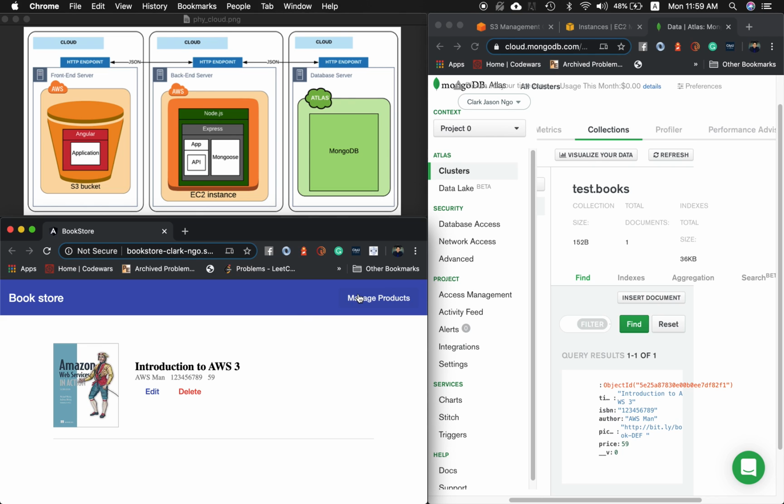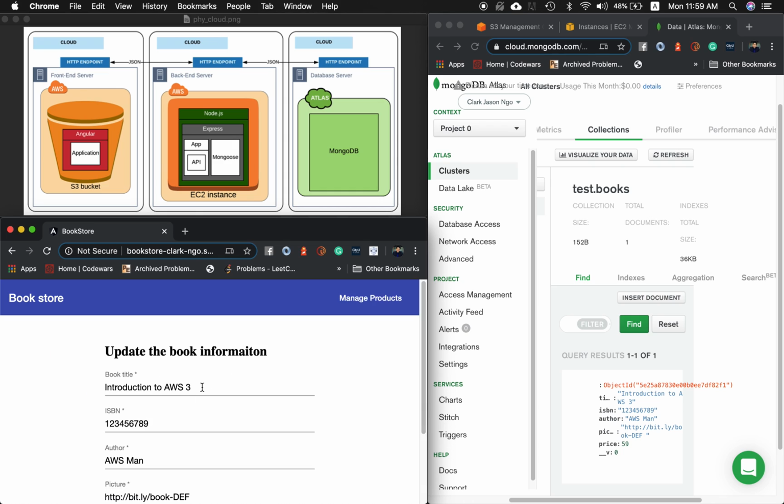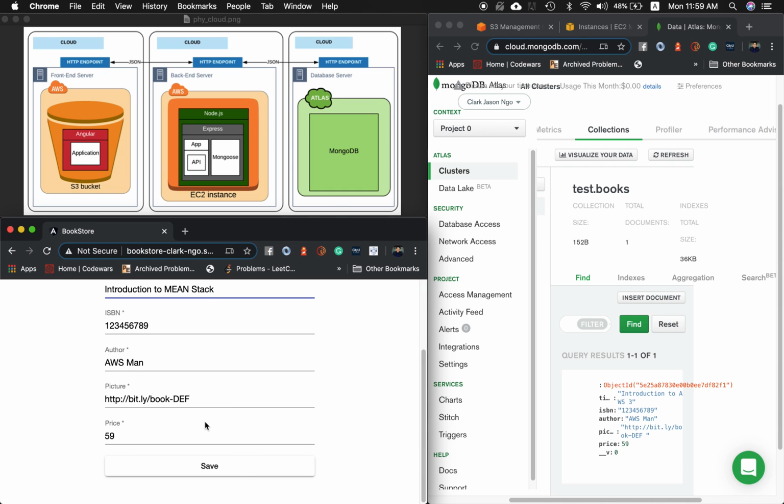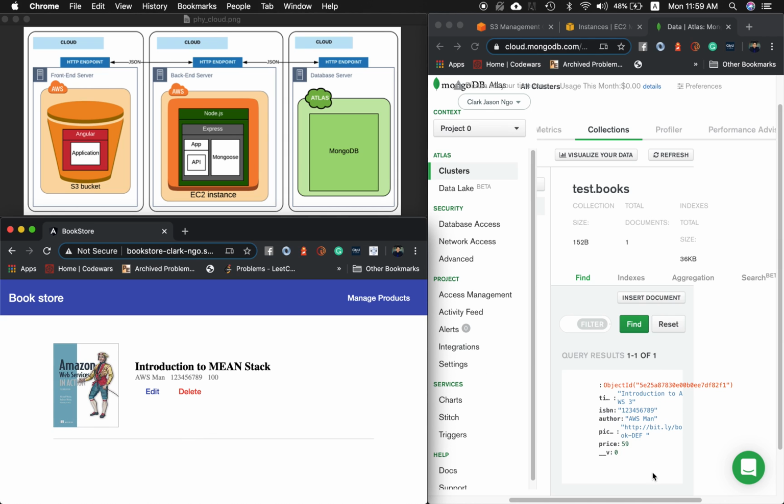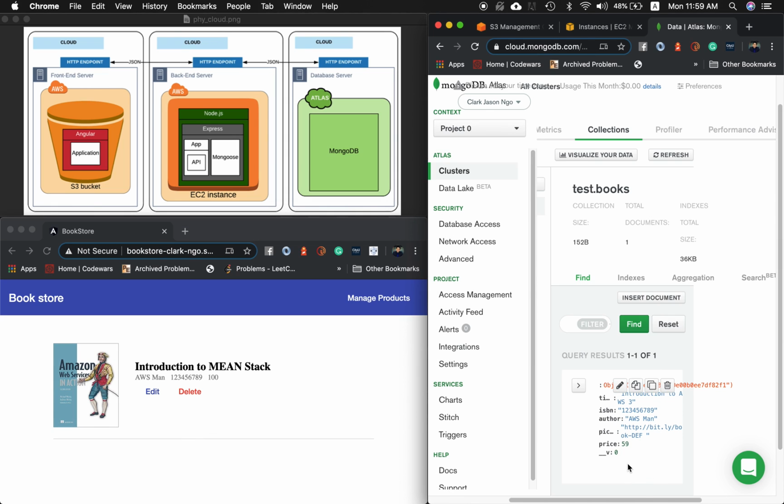Let me click, say we want to edit Introduction to MEAN Stack, and change the price to 100. Hit click save. Success. And if I refresh this one,